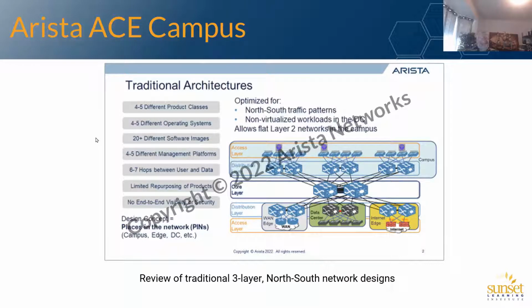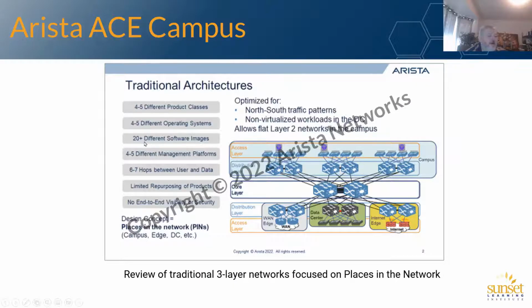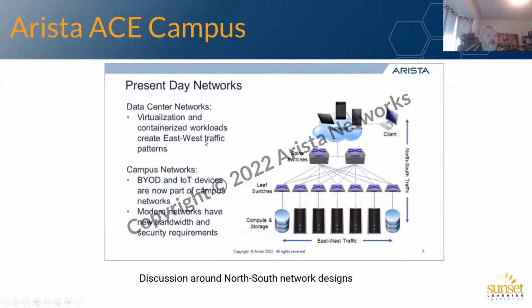But in this case, we're going to be talking about traditional architectures. So the good old 3-layer hierarchy: core, distribution, and access layer, right? So we talk about that. We talk about how those networks were designed and the fact that that's good for north-south traffic. So traffic going from here at the access layer up through the distribution layer, up to the core layer, up to another distribution layer, up to an access layer, and then the other direction as well. So what we refer to as north-south. So we do that review. And then we talk about the need for